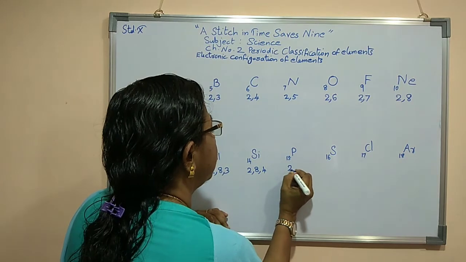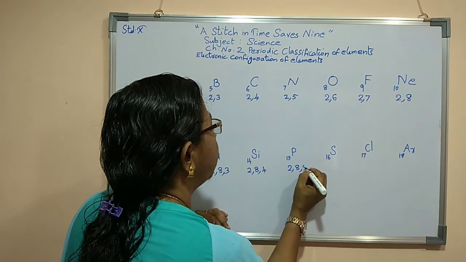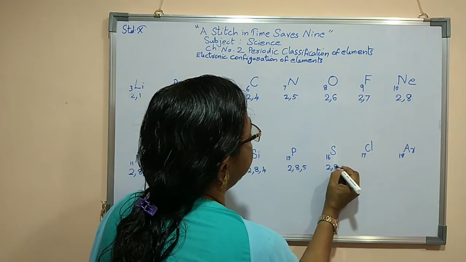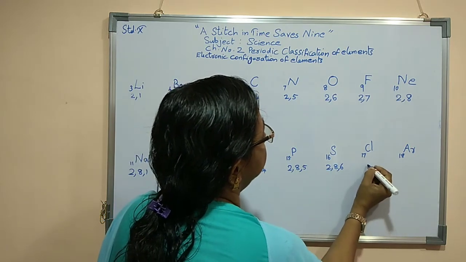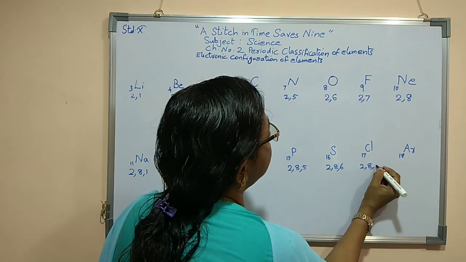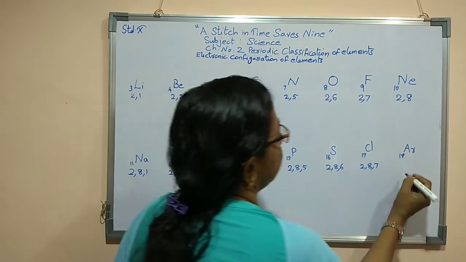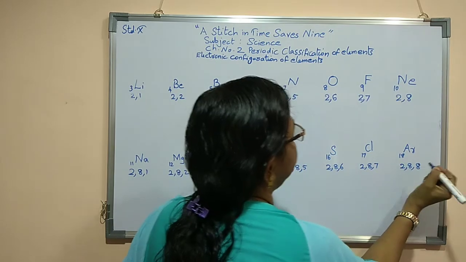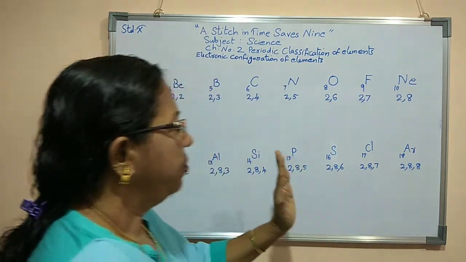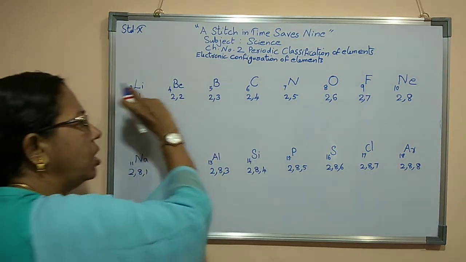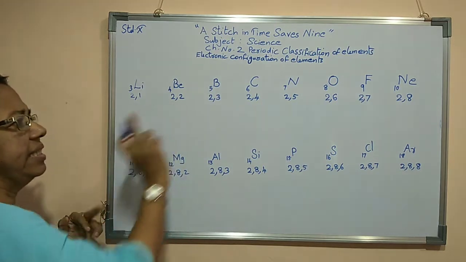Here now 2, 8, 5. Sulfur 2, 8, 6. Now the electronic configuration of chlorine 2, 8, 7. Argon 2, 8, 8. Now when we compare the electronic configuration of all these elements which are in the second